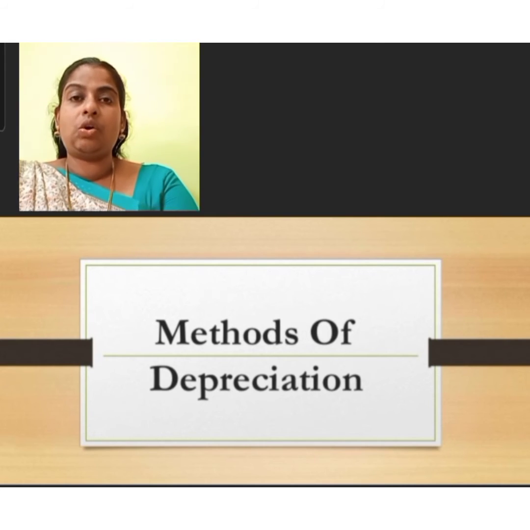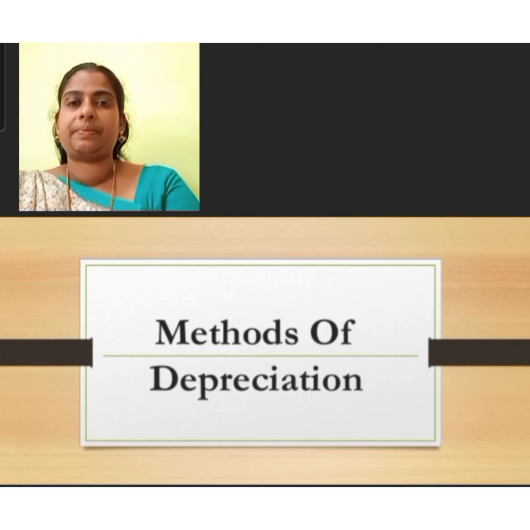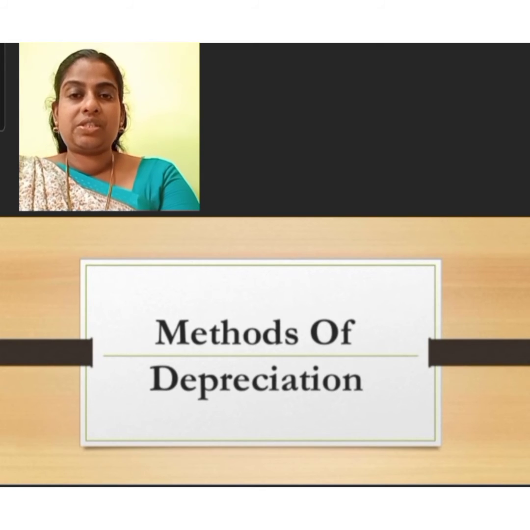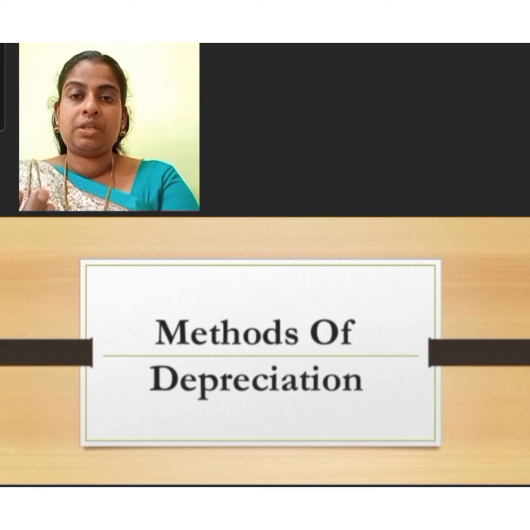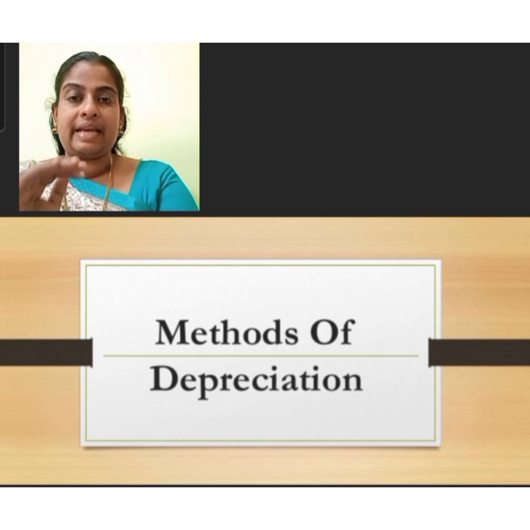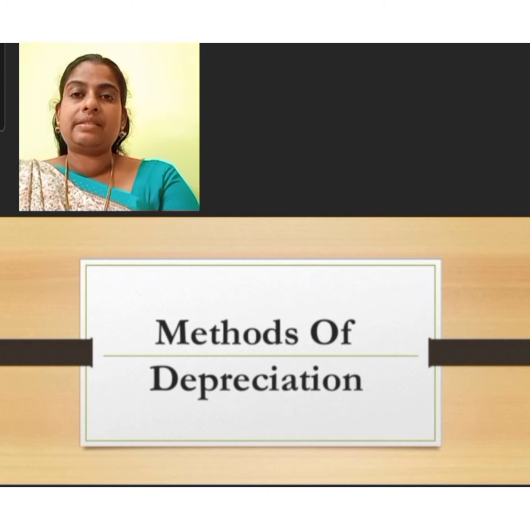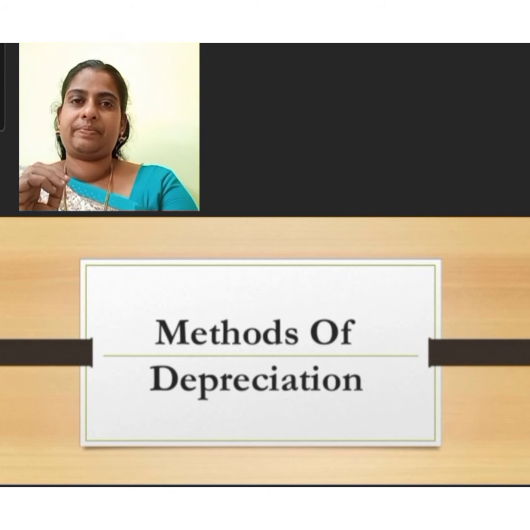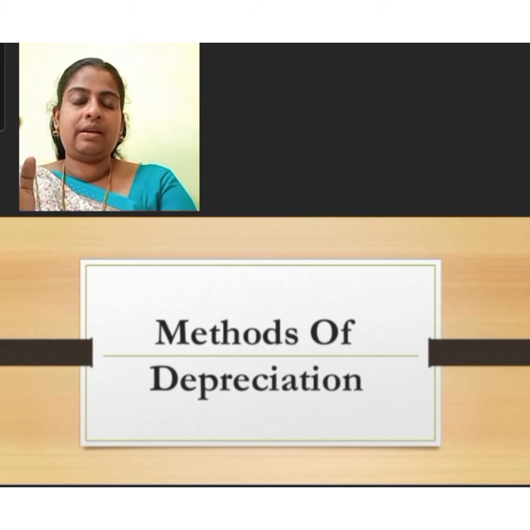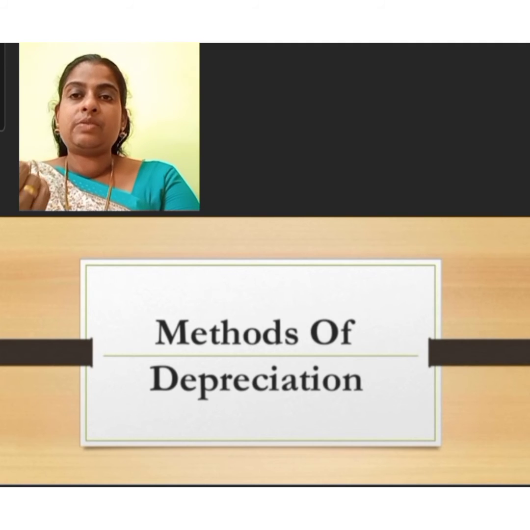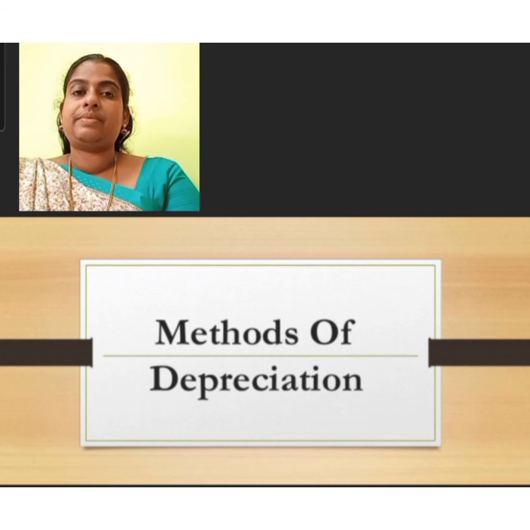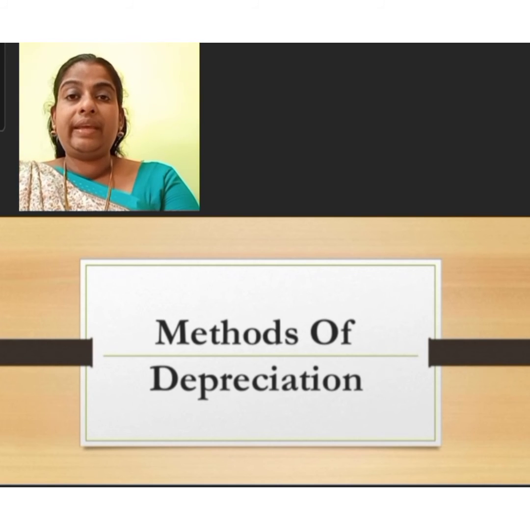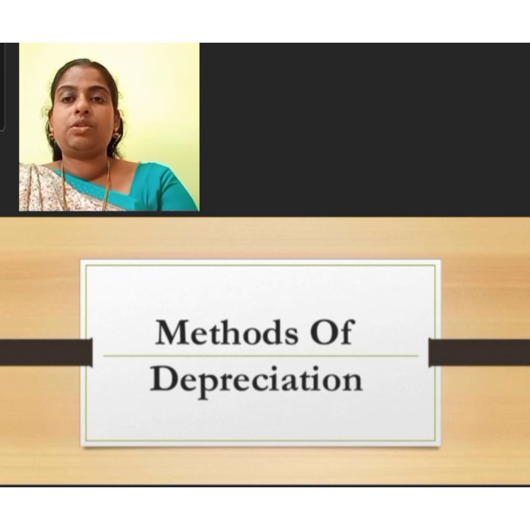Then third point is knowledge of total depreciation charged. The amount of total depreciation charged can be easily known by multiplying the yearly amount of depreciation with the number of years the asset has been used. Another merit is suitability for small firms. This fixed installment method, straight line method, is the most suitable method for small business concerns. These firms use this method because it is very easy, simple and suitable to the size of the firm.